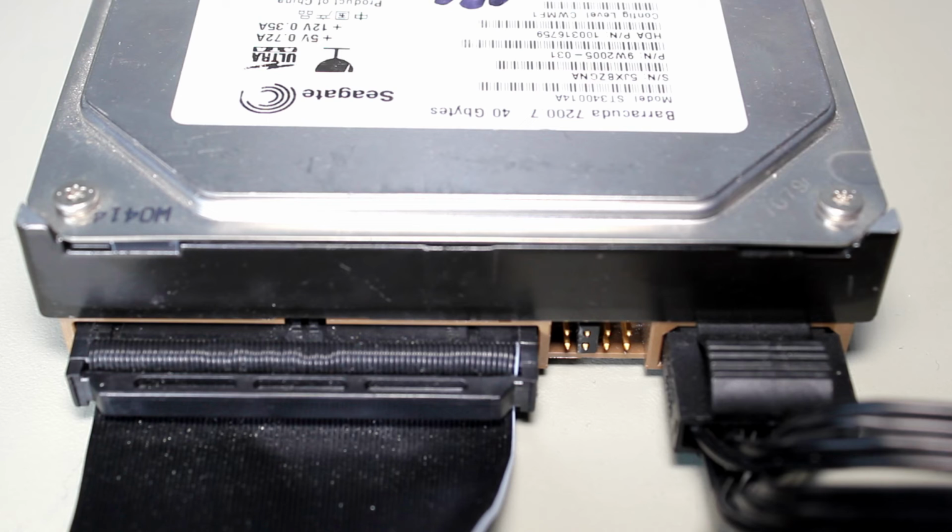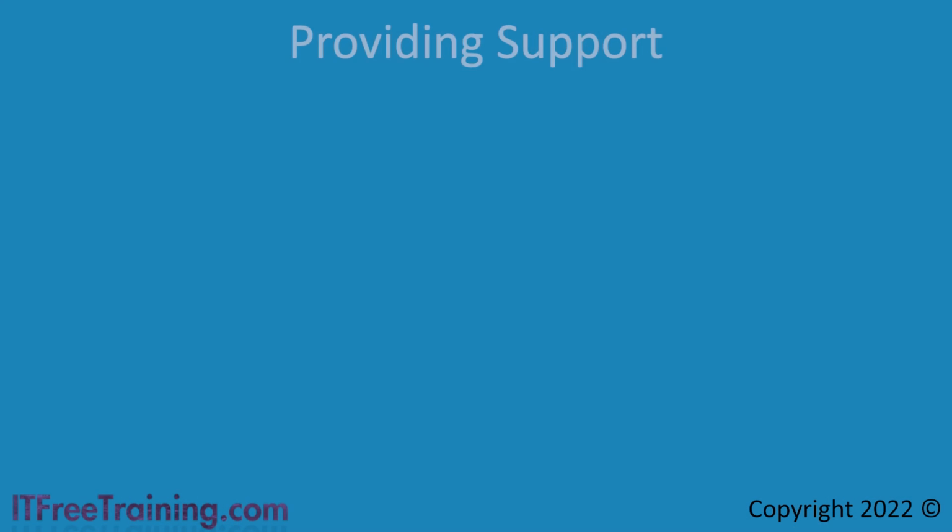When I start this computer up, if everything is working correctly, this hard disk should be detected as device 0 on the primary controller. If I wanted to add a second hard disk, I would plug it in the gray connector and it would appear as device 1. Hopefully, you won't have to support any PATA drives, but let's have a look at what you can do if you come across a system that is still using them.